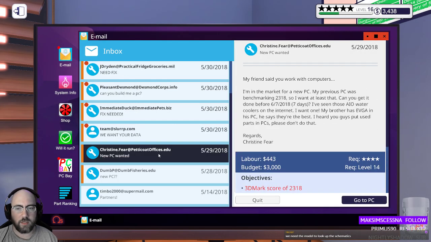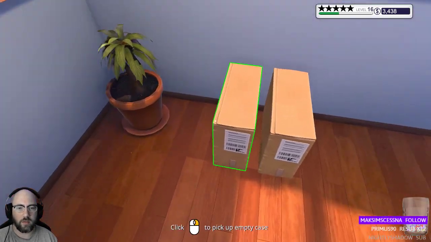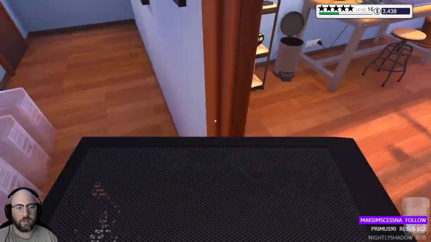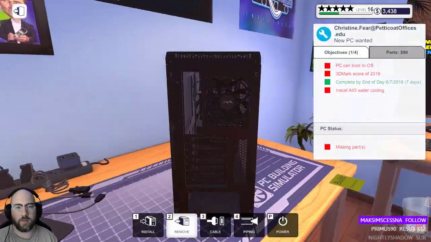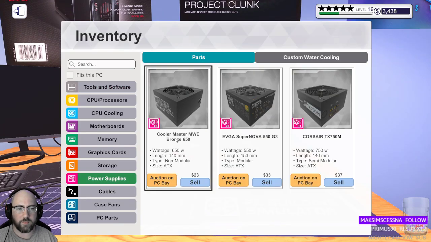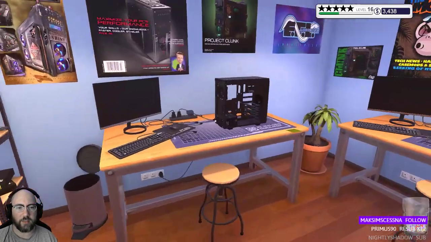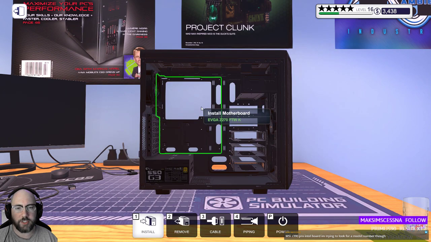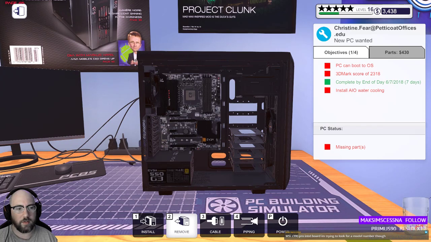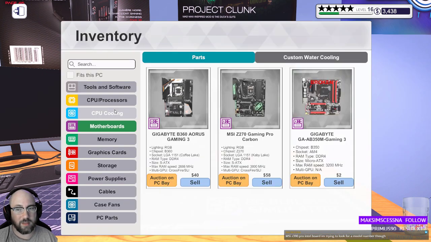He's pleased. Alright, Christine Fear. She needs the all-in-one cooler and the 2318 score. I think that's this one. Christine. Alright, this should do okay. Power supply. Is Christine the one that loved EVGA? Yes, EVGA. Motherboard, EVGA board. MSI Z390 Pro Intel. I mean, that might be it, but...